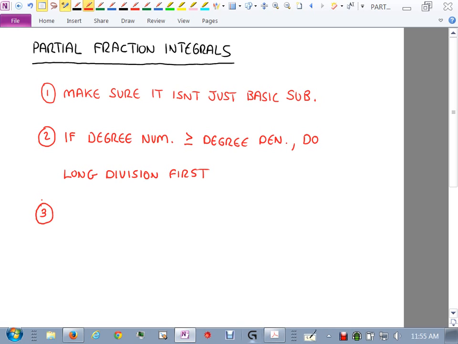And then there are going to be choose correct decomposition of expression. This is the most difficult part of it, all right? Is we have to figure out how we're going to try and decompose this thing. To give you an idea of what this step is,